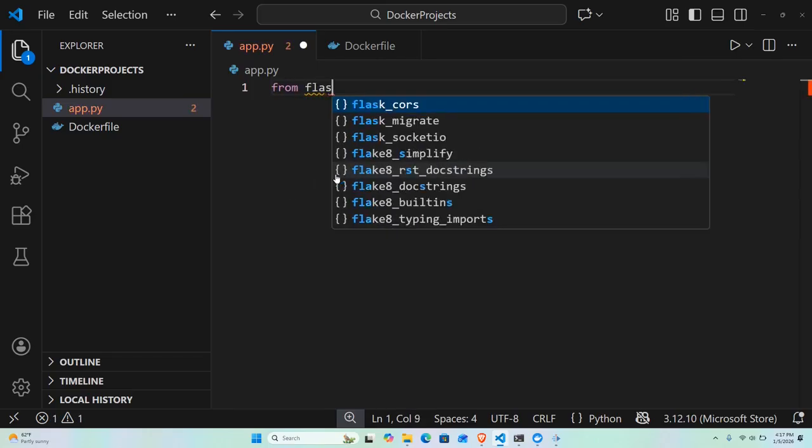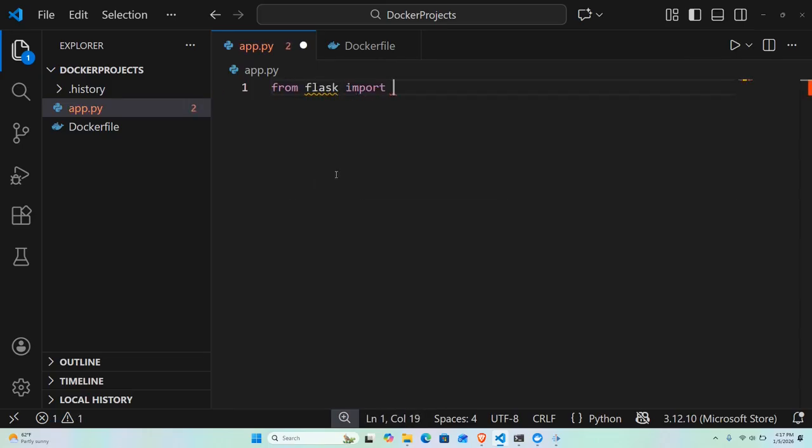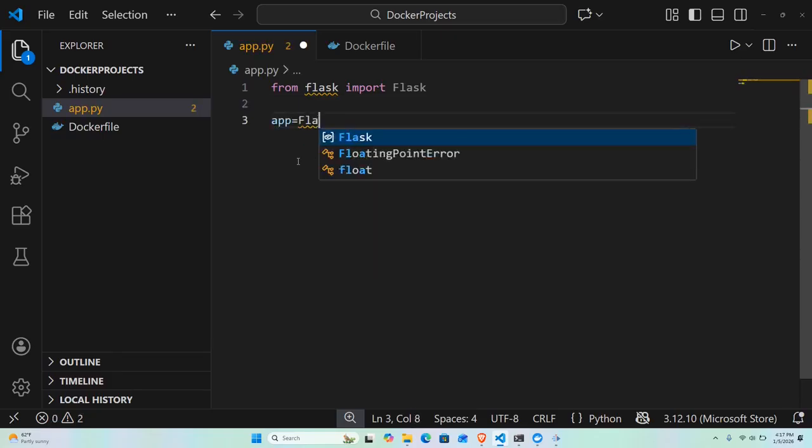So first of all, I will have from flask import Flask. It's okay if this is not installed on your local system because you're not going to use it on your local system. You're going to use it inside your container. And we will install our Flask library inside the container itself. So the error here is okay for now. app equals Flask